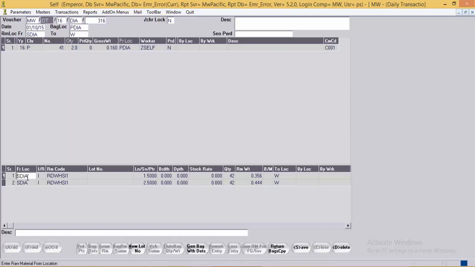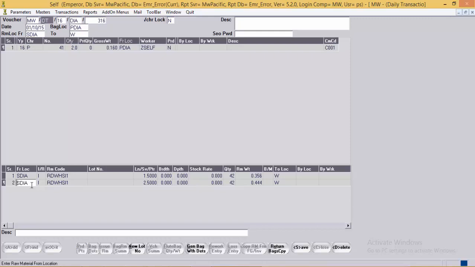Now we'll read this line. Stock of diamond issues round white SI1 quality of this size, 42 stones with this weight to the WIP location, that is to this bag.